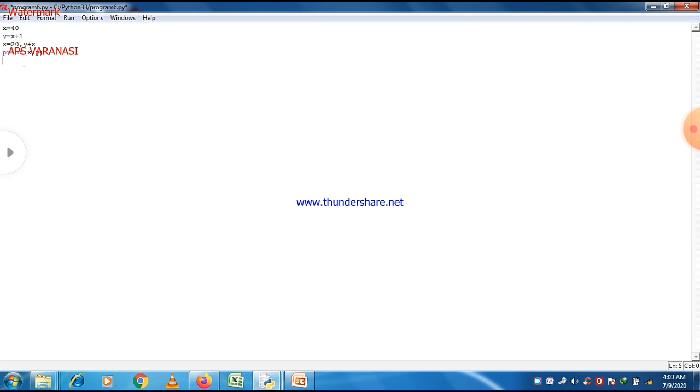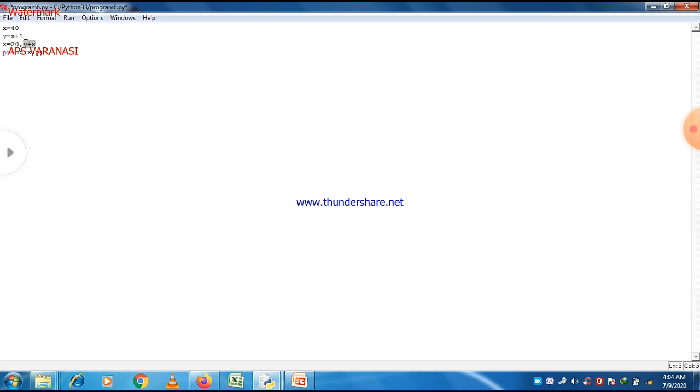So in this you can easily see that x is equal to 20 comma y plus x. What happens in this program is that there is a multiple assignment here, and first of all, the first value is assigned to x, and then the second value is assigned to x.